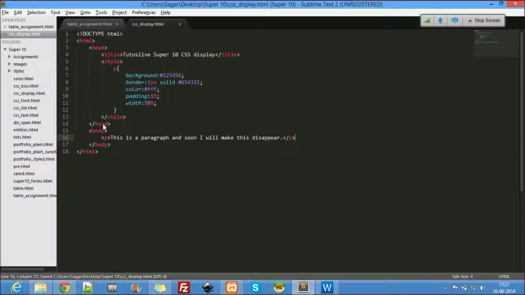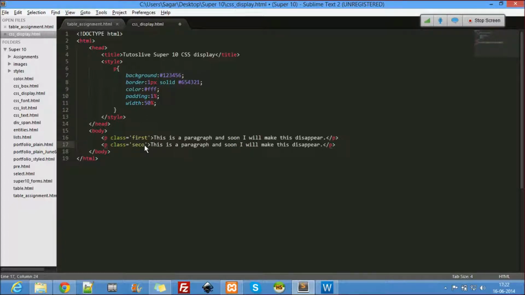That's okay. Okay, and let's use a class here. Class equal to, let's say, first. Now I'm going to copy this, paste again. I'll say second. Okay, this is another paragraph. Look what happens.